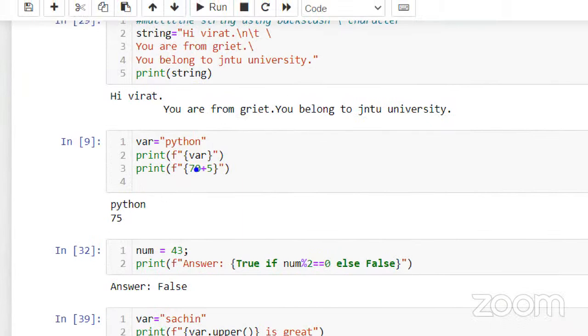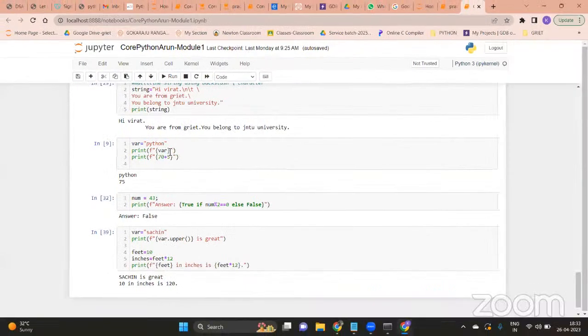So apart from that, the F string method is very flexible. It can print the variable value directly. So here what it is doing, the variable name is var, and the variable value is Python. Then using the F string method directly, I am mentioning the variable name here. So here you can make a lot of mistakes, so be careful. Suppose if I don't